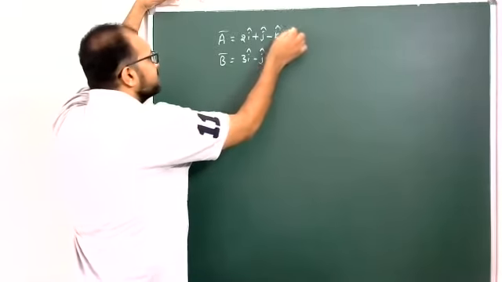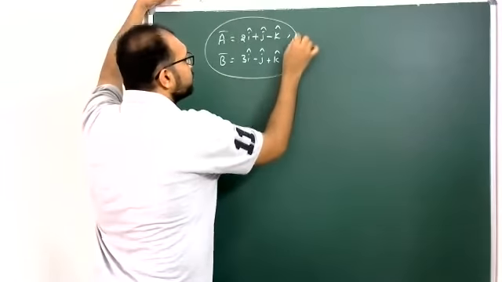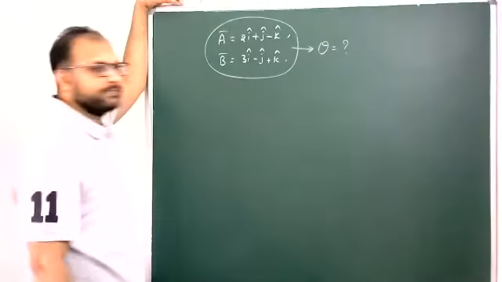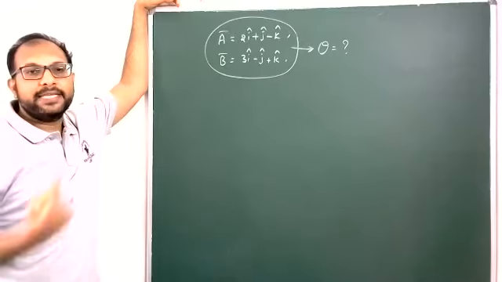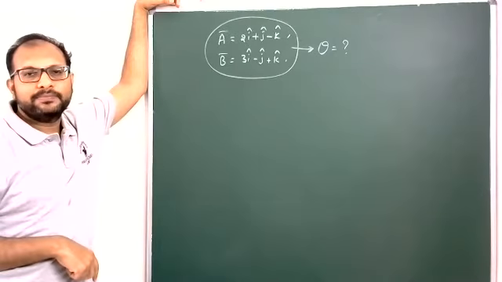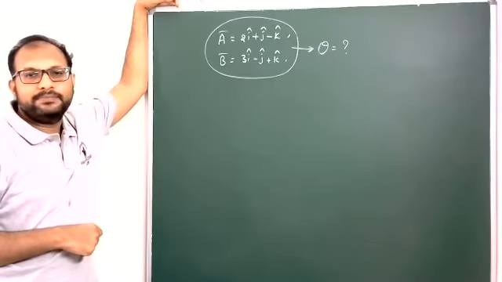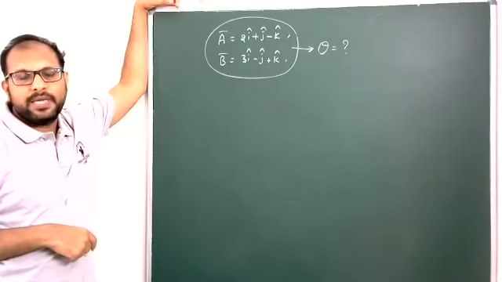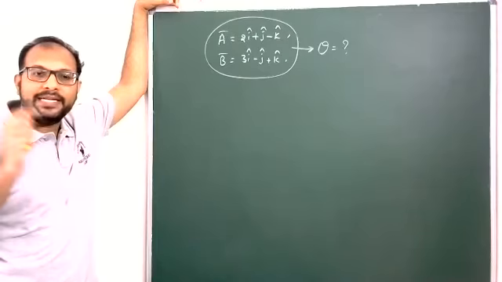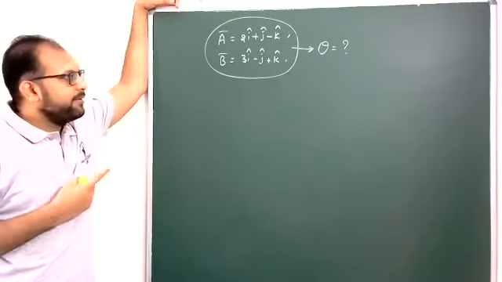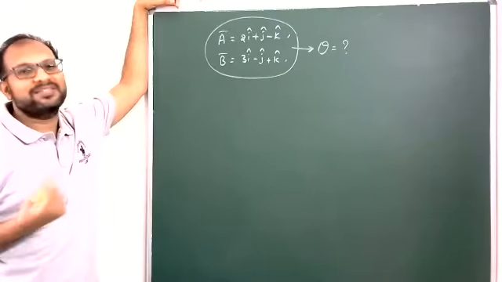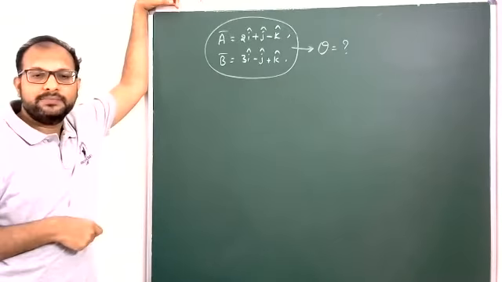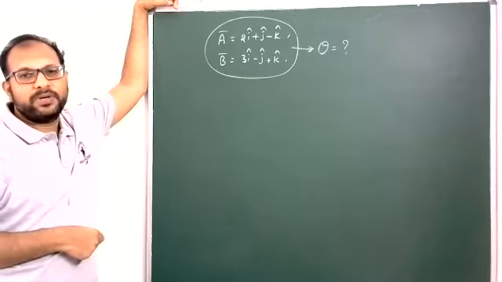Now our target is to find the angle between these two vectors. So the angle between these two vectors is now our target. To find the angle, we can use either dot product or cross product. If you take cross product, you will get it in terms of sin. If you take dot product, in terms of cos. But when compared with the vector product, dot product is a very fast process.